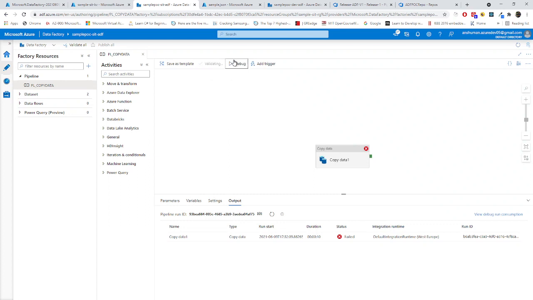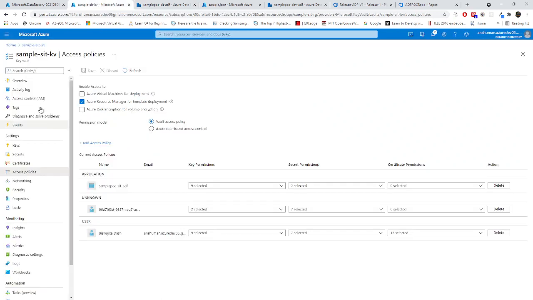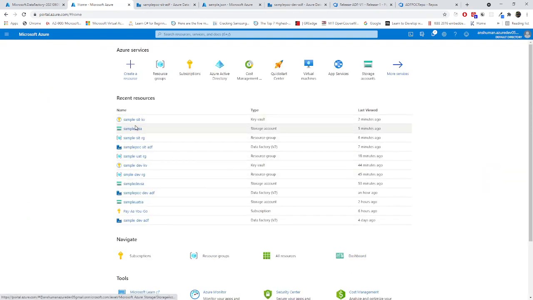Right now we should go for debug and let's see, hope for the best that this should copy all those things if the connection string was right. Now let's wait. Now this got succeeded. Now if we go to your blob storage.